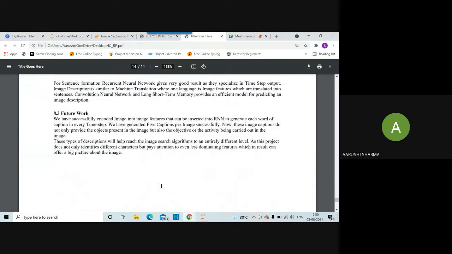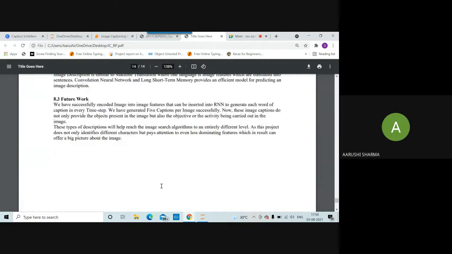One of the main future scopes of our project is that it can be very helpful for blind people. There is an instrument which can get attached to their eyes and ears. The eyes part will capture the scene in front of them, and then that scene or image will be converted into a caption, which is text. Then that text will be converted into speech, which could be heard by the blind people through their ears. So when they hear the captions, they can have an idea about what surroundings and environment they are standing or sitting in, and they can act accordingly.